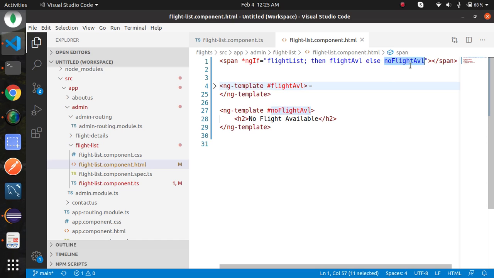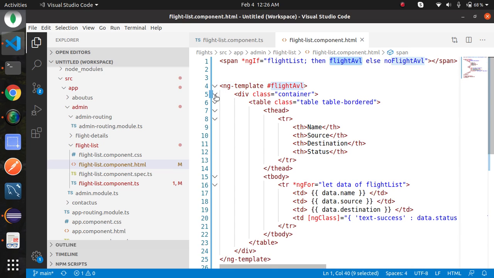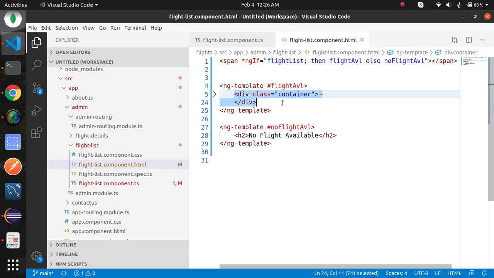So on the basis of the condition, ng template will add the element into the HTML DOM. Suppose this condition is true, no flight AVL, then ng template will add no flight available into HTML DOM. Whenever this condition true, flight AVL, then ng template will add this container of code into HTML DOM.